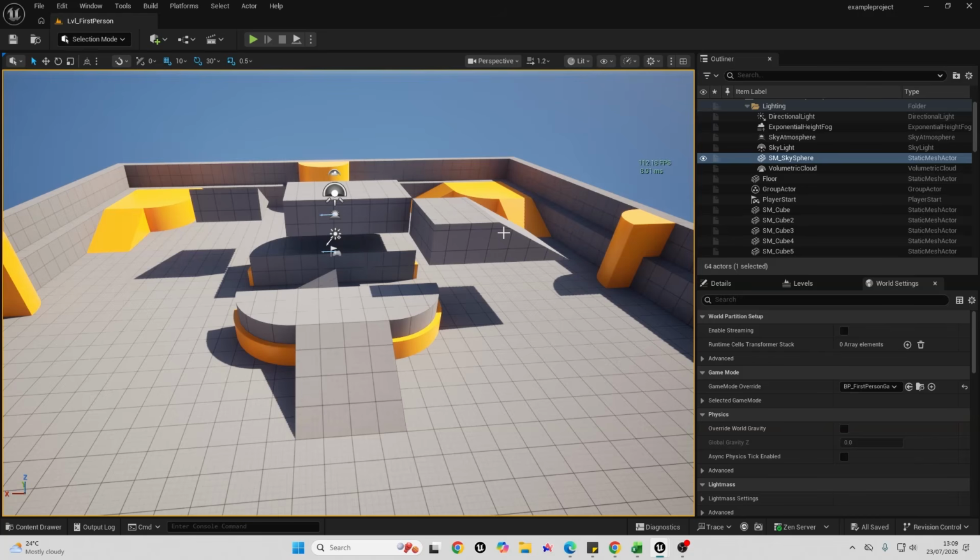So these are just some quick tips that can help your Unreal Engine editor work faster in case you're using